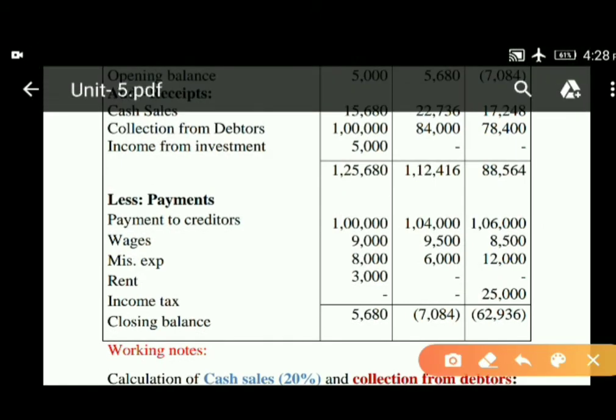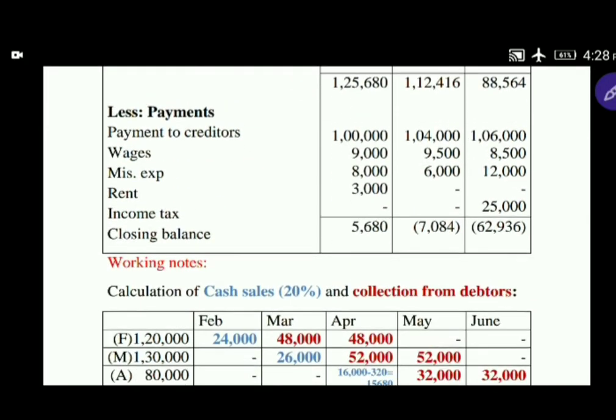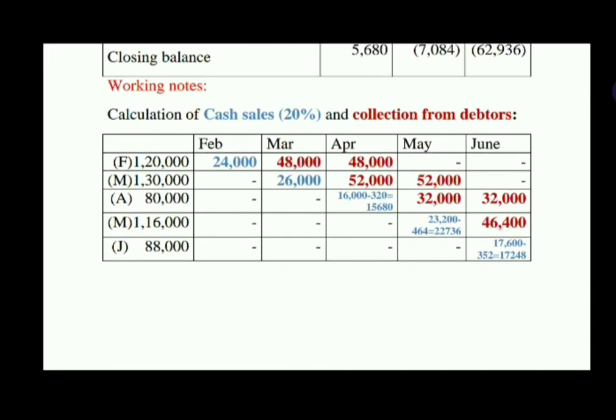So here, this is the opening balance of cash for April, 5,000. We are adding cash sales like this, monthly: April 15,680, May 22,736, June 17,248. Similarly, coming to the collection from debtors, here we can identify, as I told you already,